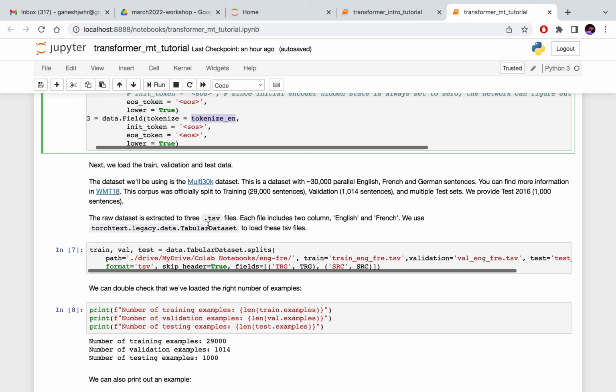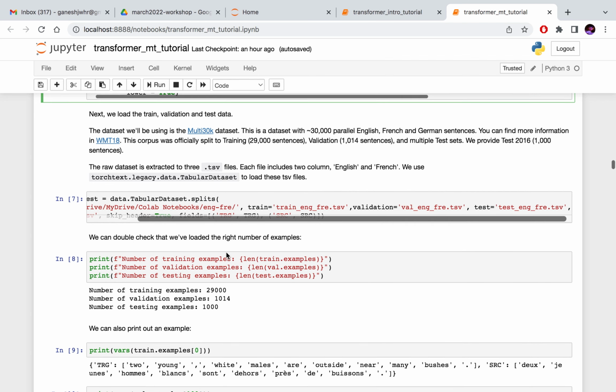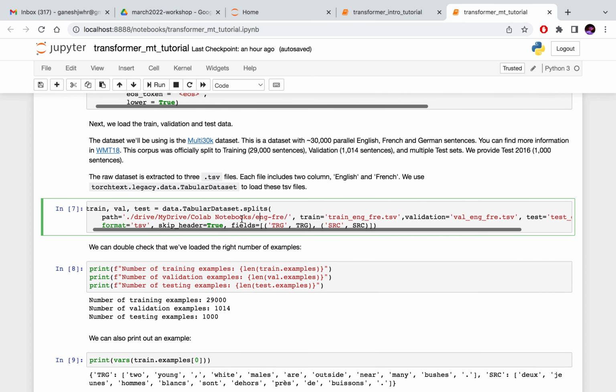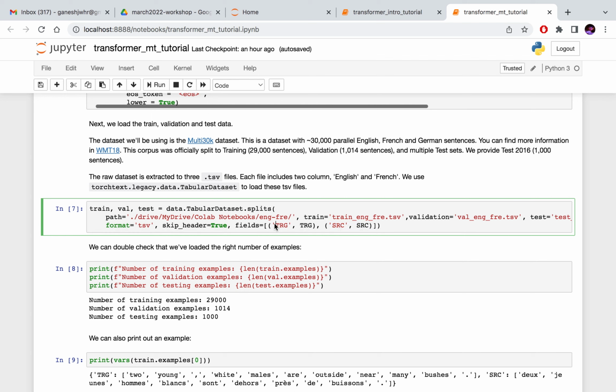And then you have the train dev and test split, and you can actually load all of them using the tabular dataset method. Be sure to specify the right column names. So the first one could be the English in the file. So you have to use that as a source. And the second one is actually the